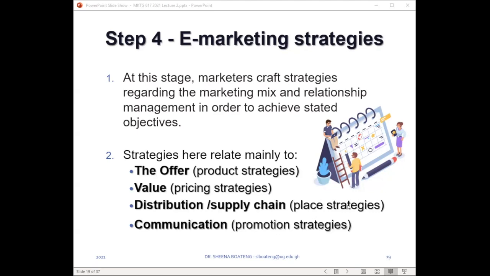So in terms of the 4 Ps, we can talk about everything from developing strategies relating to the physical product that we are selling or the service that we are selling online, which constitutes our offer. And then the pricing strategies that we are going to use to sell these products online. And usually when you're selling online, the idea is to communicate value to the consumer because they are spoiled for choice on the internet. So whatever pricing decisions you make must always culminate in value, not just for the customer, but for you yourself as a marketer.